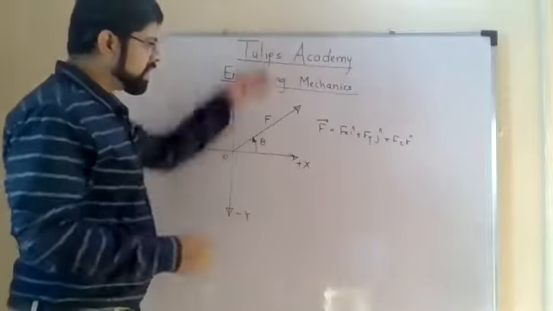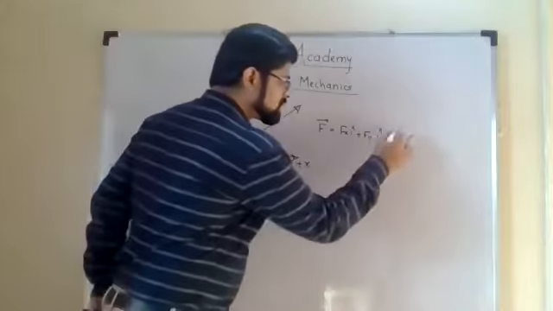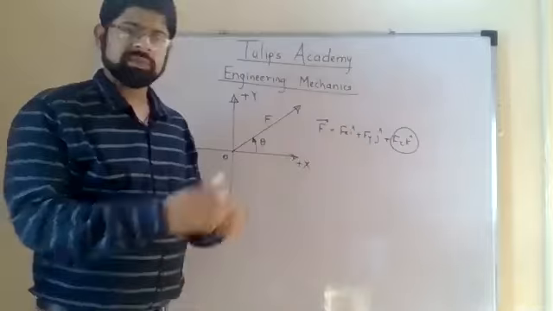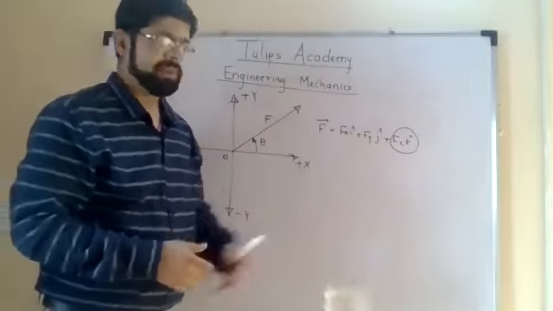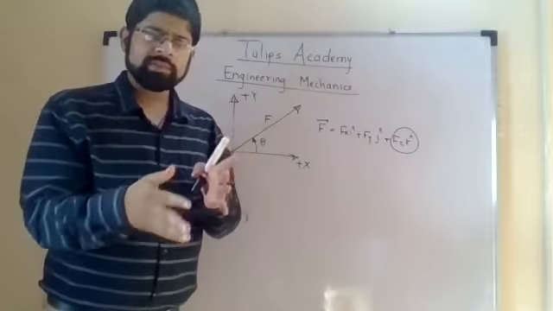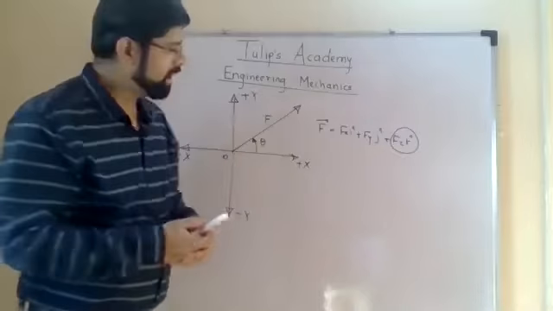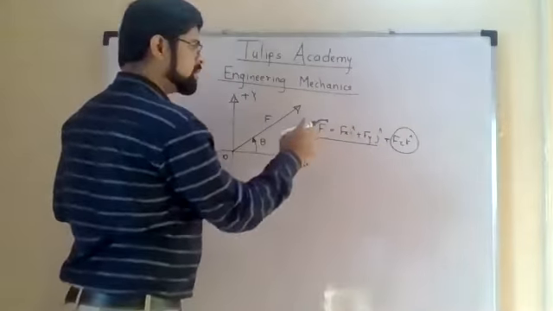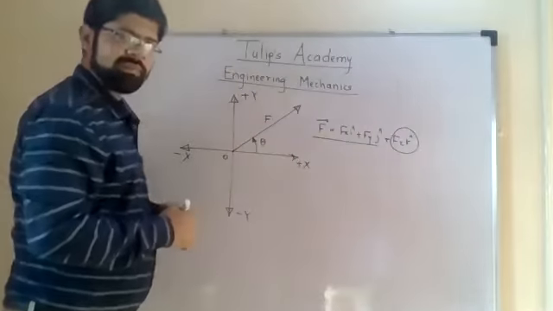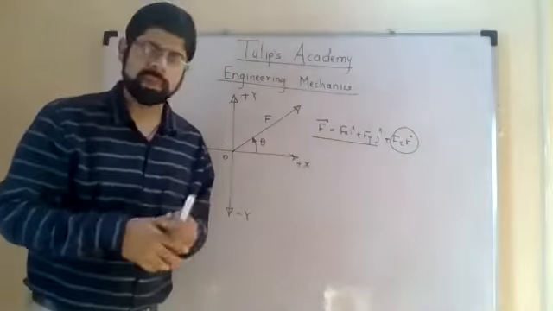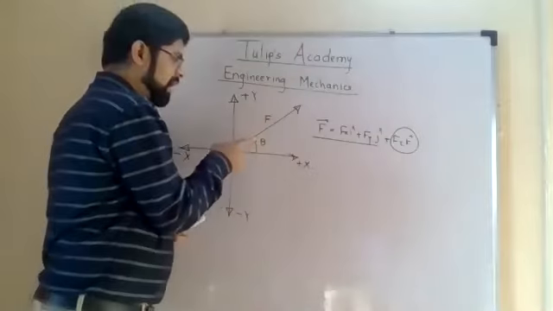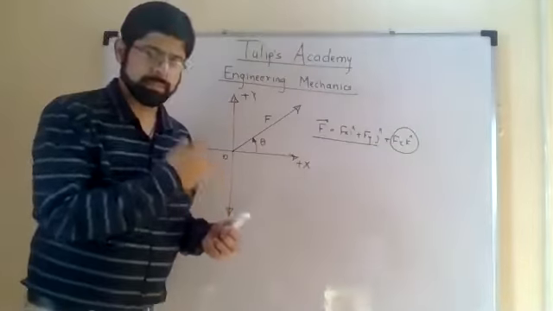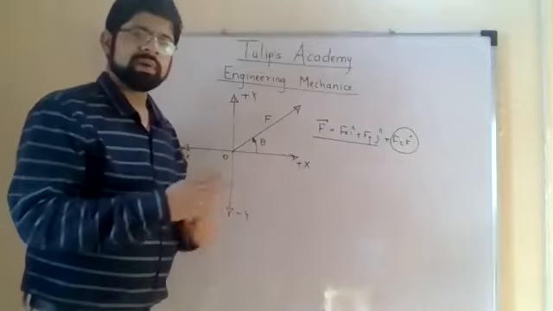But here, as we are dealing with the coplanar system, this last component will be absent because X component and Y component will be the only two components of the force. Z component will be absent here because the effect of the force along Z axis will be 0. Okay, and therefore this will be the vector form. And F is the scalar form of the force, that is the value of the force, magnitude of the force, that's it. So we have the magnitude of the force and the inclination made by the force with x-axis, suppose. And now we have to find out numerical values of its components.